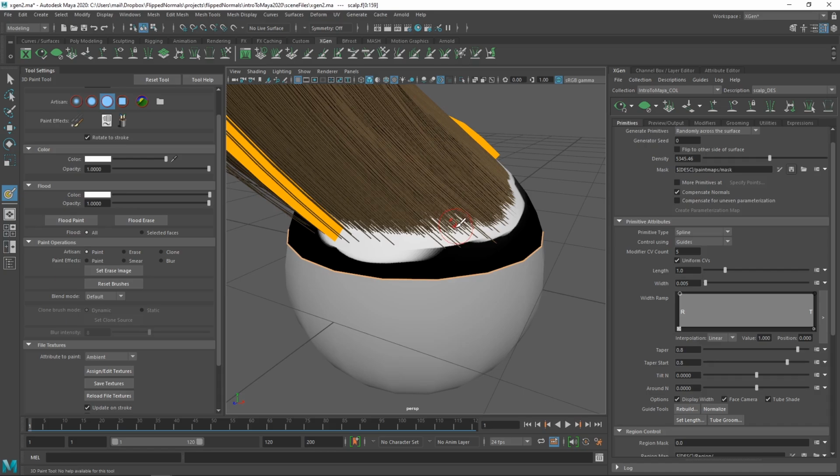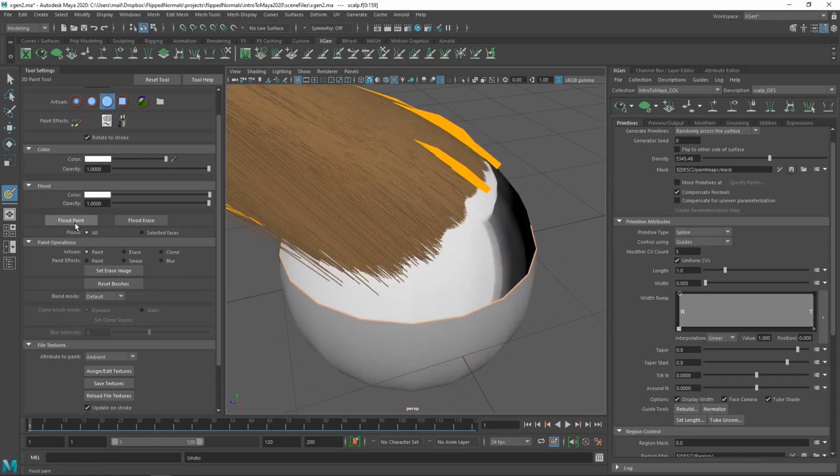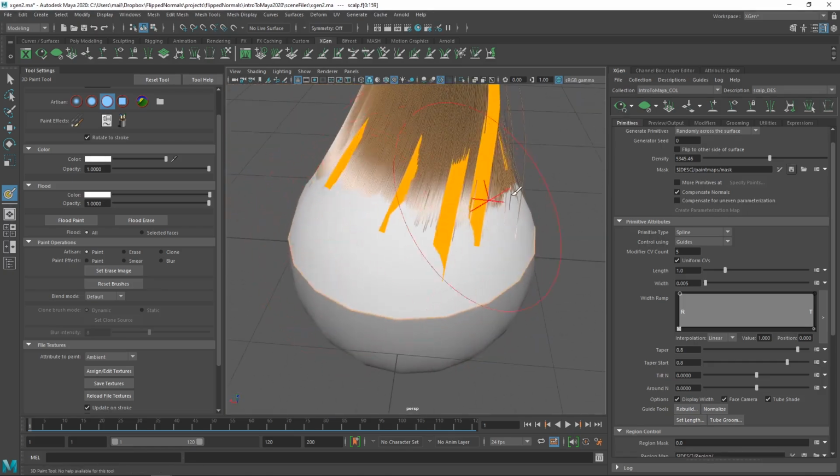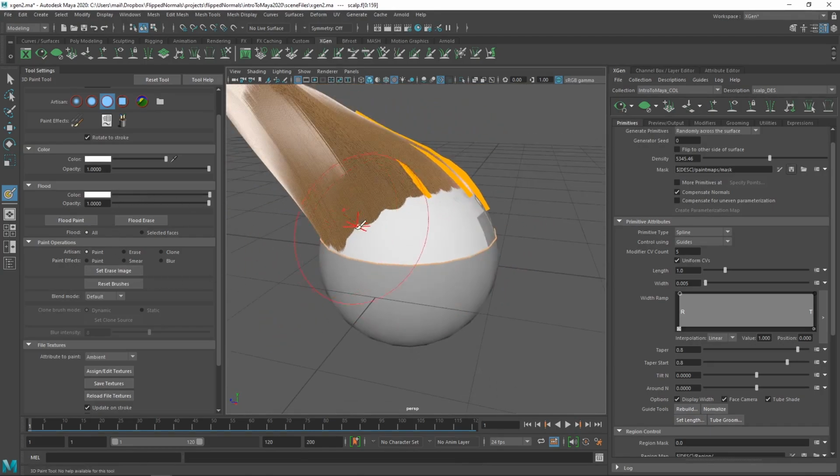Pretty nice and simple. We can also flood this if we want to. For instance, if we need to flood the entire thing, instead of going over and just painting everything here, we can just hit flood paint, and that's going to flood the entire thing. So now if we hit save and save, now you can see what happens,